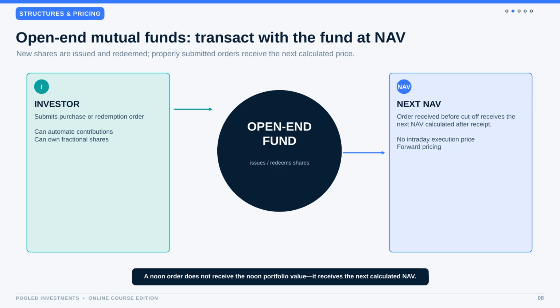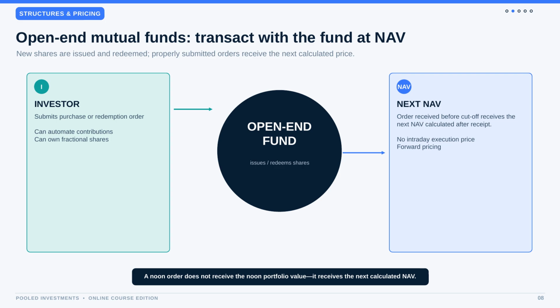A buy order placed at noon does not lock in the noon portfolio value. It receives the next calculated NAV, usually after the major U.S. exchanges close. The structure is convenient for automatic contributions and fractional shares, but it does not provide intraday control over